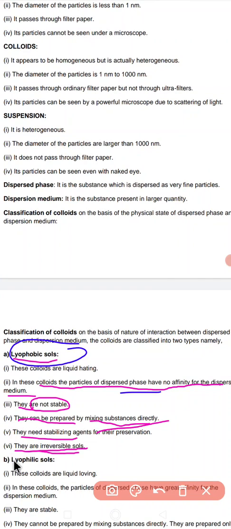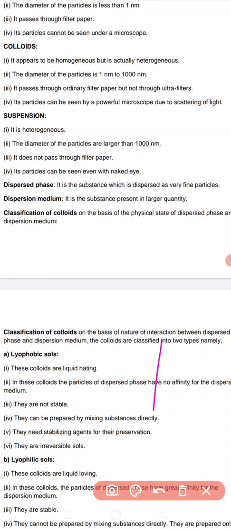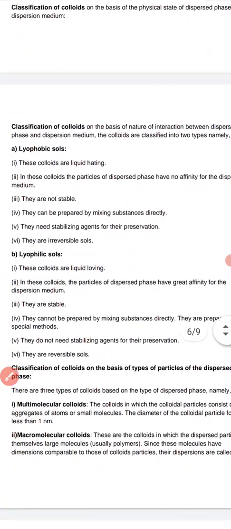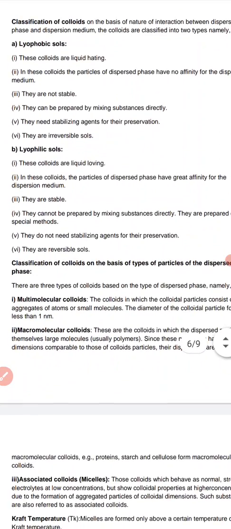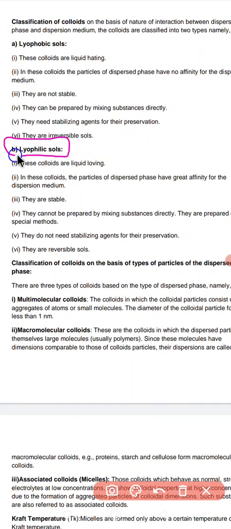After that, we have the lyophilic sols. The next type of sol we have is the lyophilic sol. Now the question is, what is a lyophilic sol? The characteristics of lyophilic sols are as follows. Lyophilic sols means